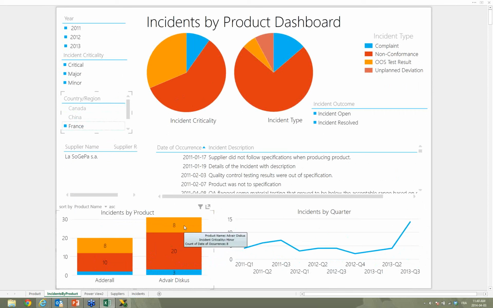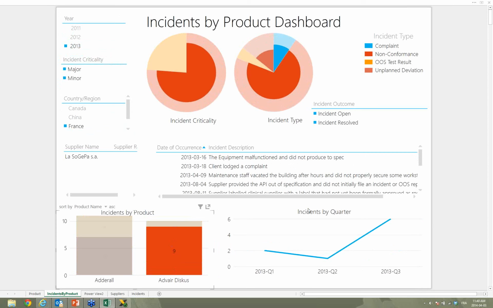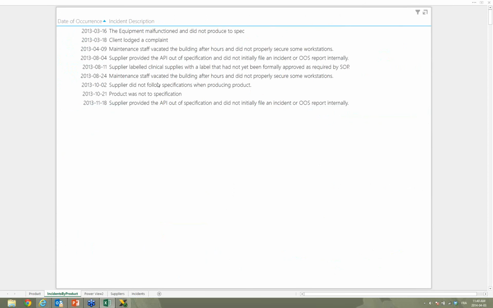Advair Discus. If I wanted to see the actual incidents which were major for that particular period, so for 2013, what I would do would be to select 2013. So this will then filter for me on that year, and then I can just select the major incidents, and I can then look at a listing of exactly what happened with that supplier during that period for major incidents